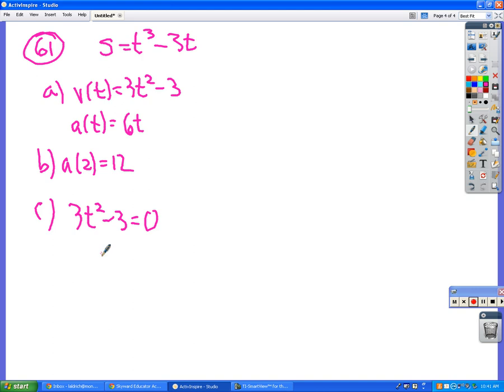And then if I solve that, I get that t equals plus or minus 1, but we're talking about time, so time can't be negative. And so then I just figure out what a of 1 is, negative